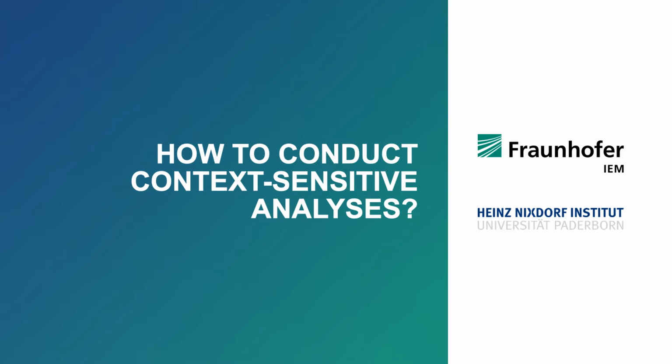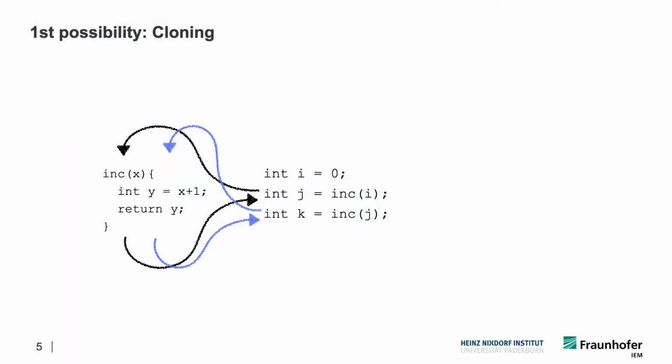There are these ways that I just mentioned. In particular, there is the call strings approach, but there are also even more crude techniques that one could think of, and that still appear every now and then in the scientific literature. The first possibility is called cloning, and as you will see, that's actually pretty crude. So let's assume we have a program such as this